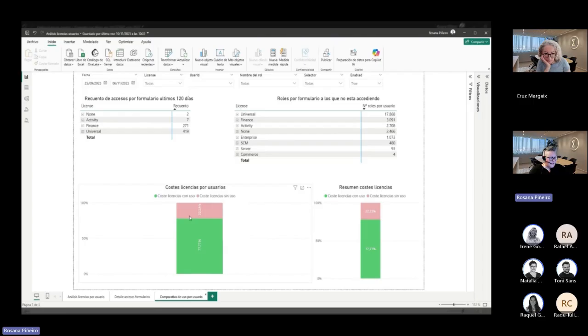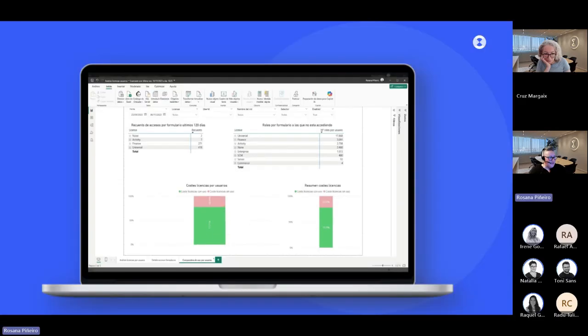So this license is over cost, basically. So really the real value here is to determine the usage, where they're actually accessing, what licenses are required, and what kind of costs we can have.